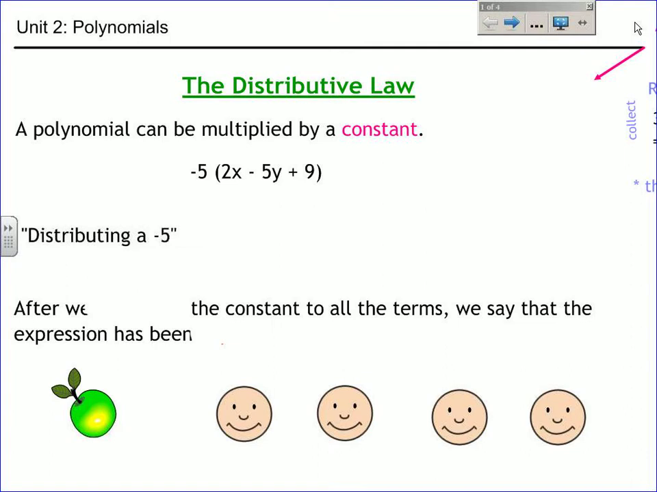Okay, so today we're going to be looking at something called the distributive law. The distributive law, as you can see here, is what occurs when a polynomial is multiplied by a constant. And the word multiply there is an important word because it distinguishes something new that we're doing compared to what